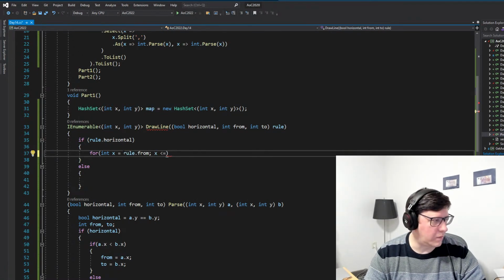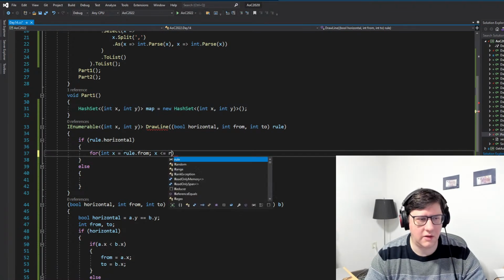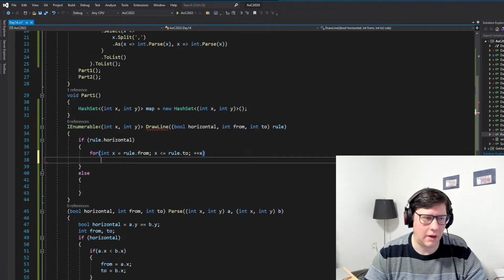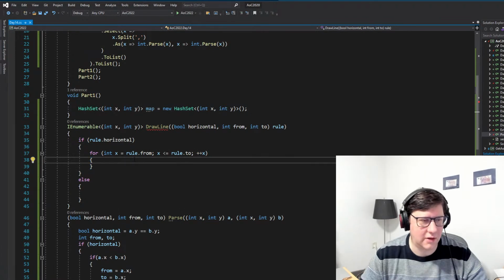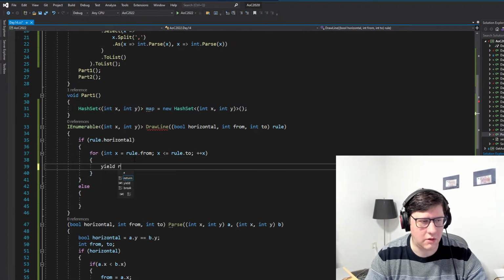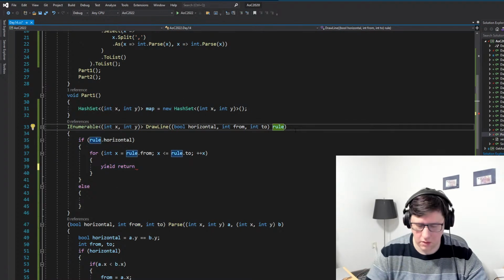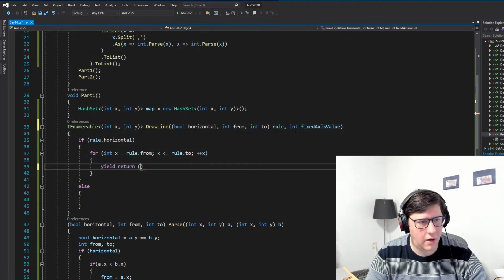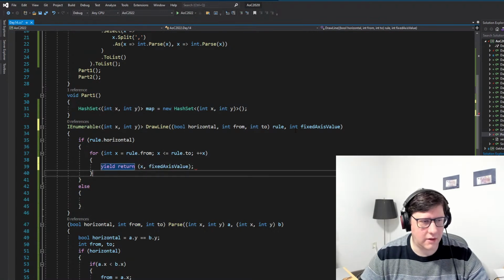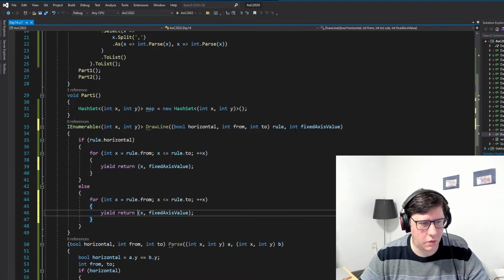Rather than how you normally write your for loops, we need to have it inclusive, because the 2 is inclusive in this case, rule.to, and we increment x, and since we have ordered it from lower to higher, we can always write the for loop like this, so that makes it easier, and we can do yield return int fixed axis value. Let's do it like that. And then we do x comma like this, and in the other one we do